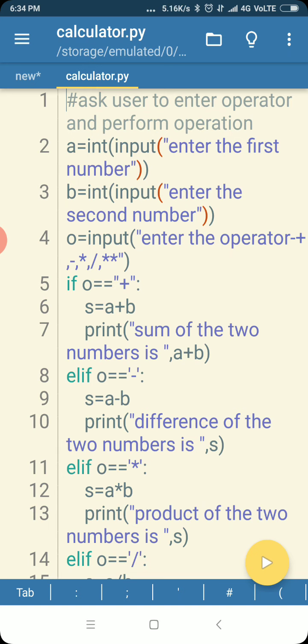Now the second line you can see here, it is written a int input, enter the first number. Now how it is written? We use input function to take any input. It can be string, it can be any input. Now in front of it, if you write int, then it will be converted into integer. If you write float, it will be converted into a decimal number. So here line 2 is taking the first number, line 3 is taking the second number as input, and line 4 is asking for an operator here. And then the operations. Now here they have used if, so we will try without that.